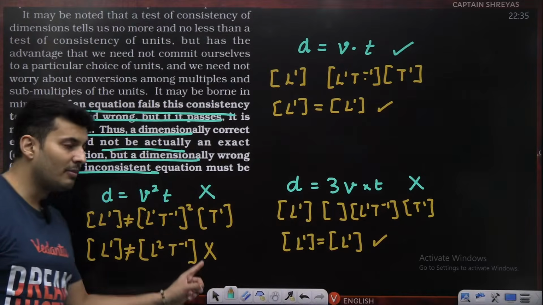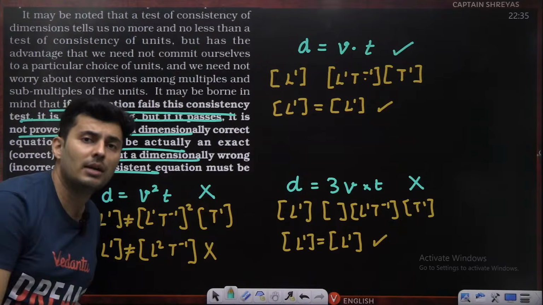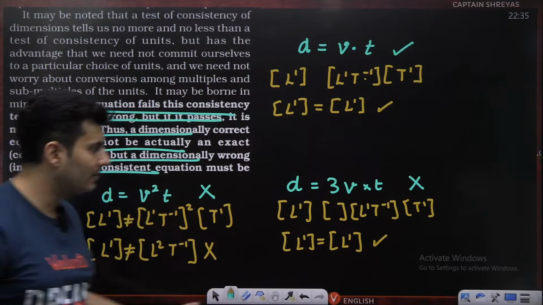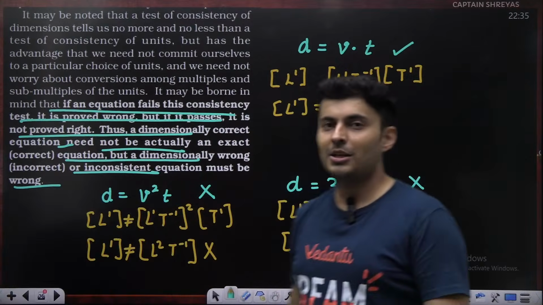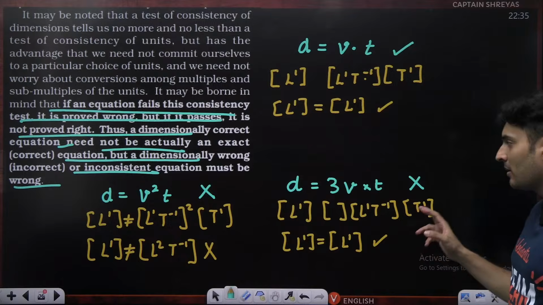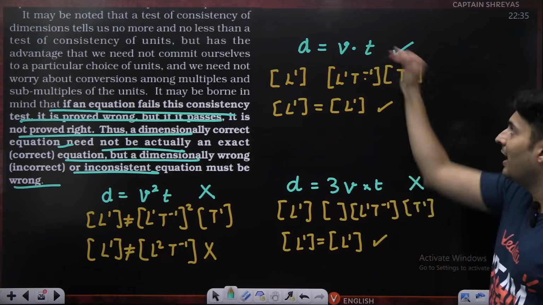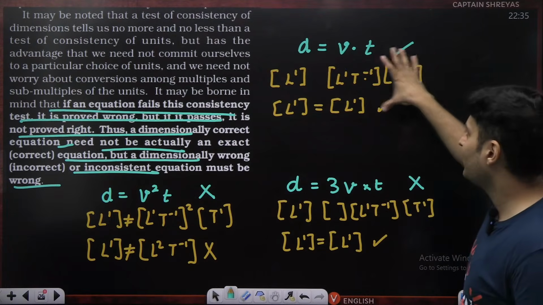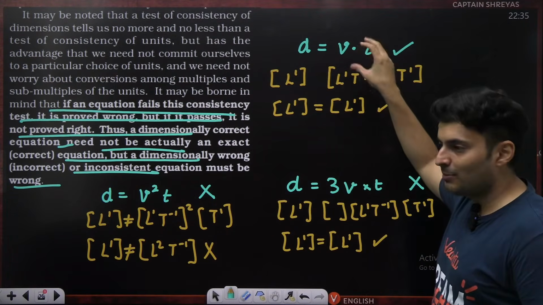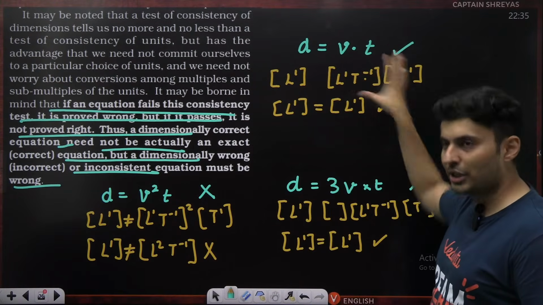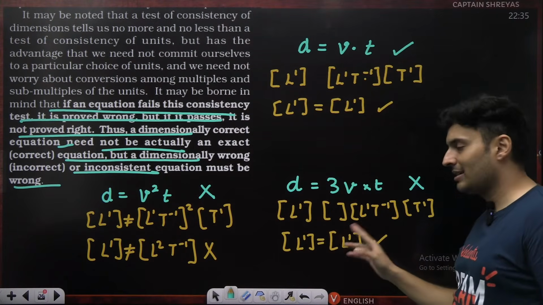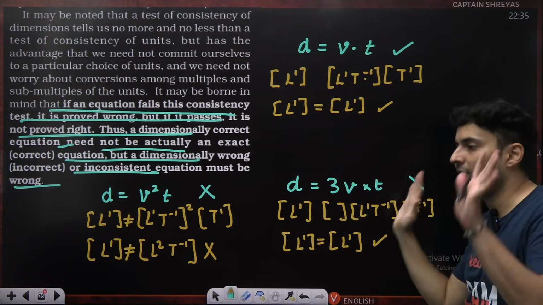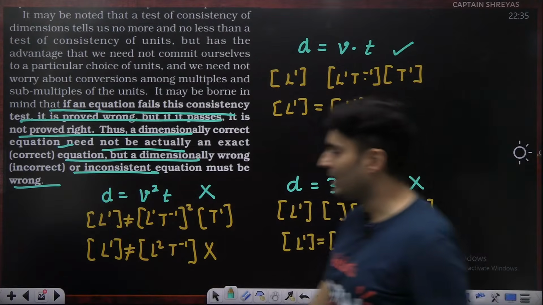So if an equation is dimensionally wrong, 100% I will eliminate that option. It can't be correct mathematically, scientifically, physically, chemically, biologically. An equation which is dimensionally correct, there is a chance that it is mathematically, scientifically correct. Okay, this is the best thing because it is dimensionally and mathematically both correct. This is what it should actually be. And just because it is dimensionally correct does not verify that scientifically it is a fact. It's just a preliminary test.